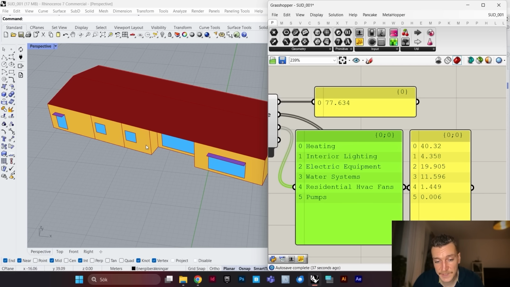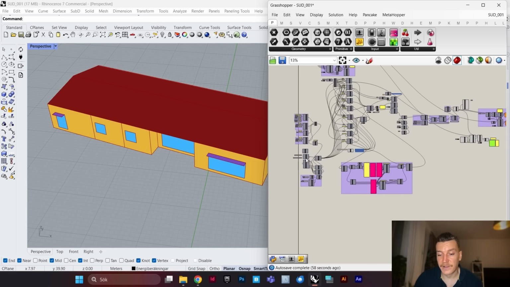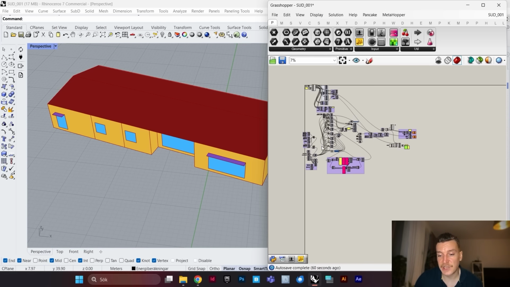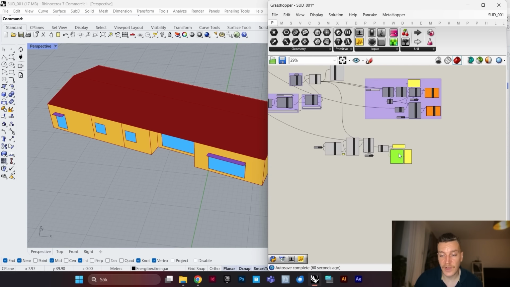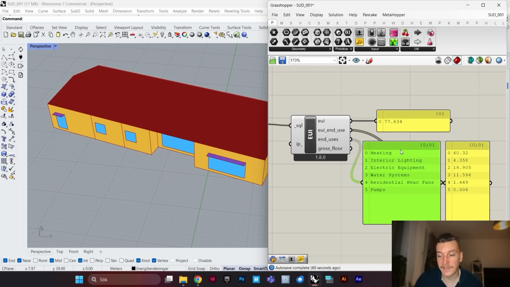For example, the guest room is almost never being used, only maybe in holidays, and some weekends, and so on. So if we go and make the programs more accurate, I'm sure we could lower this value even more. And we can also try to make changes to our construction sets, change materials, change maybe the floor, maybe the roof, and so on, to see if we can decrease the value for our heating as well,